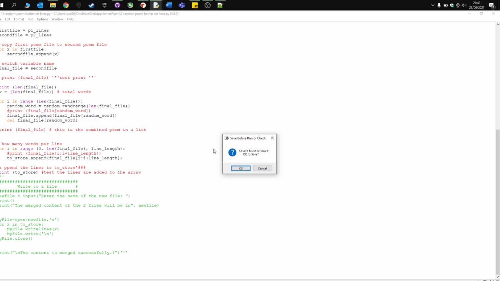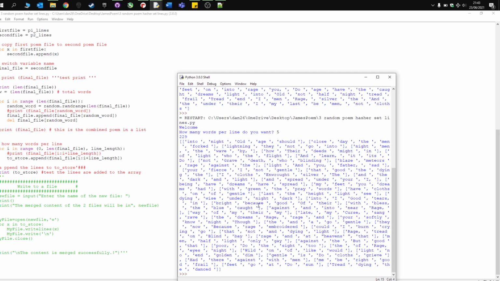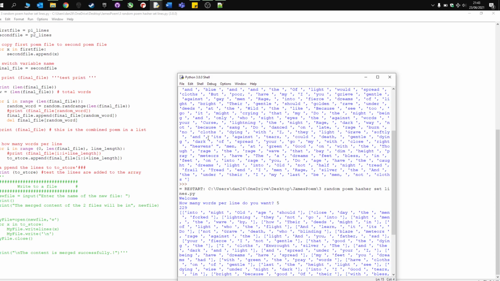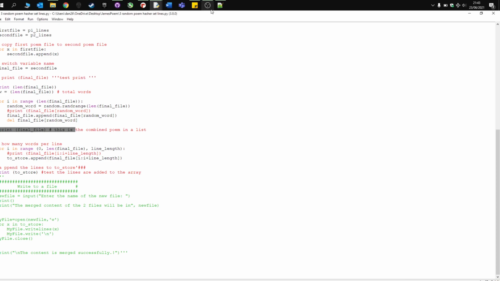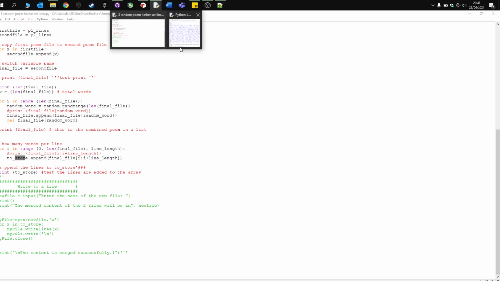Right. So this second test you're going to see now is going to be this random set of words randomly organised, and you're now going to see them in groups of, let's go for 5. Okay, so that first line here, the final file, stores all the words in a random sequence. This set of code here adds all of these random words in a random order in groups of 5, because I've asked for 5, to this to store variable. And you can see if you look at this,